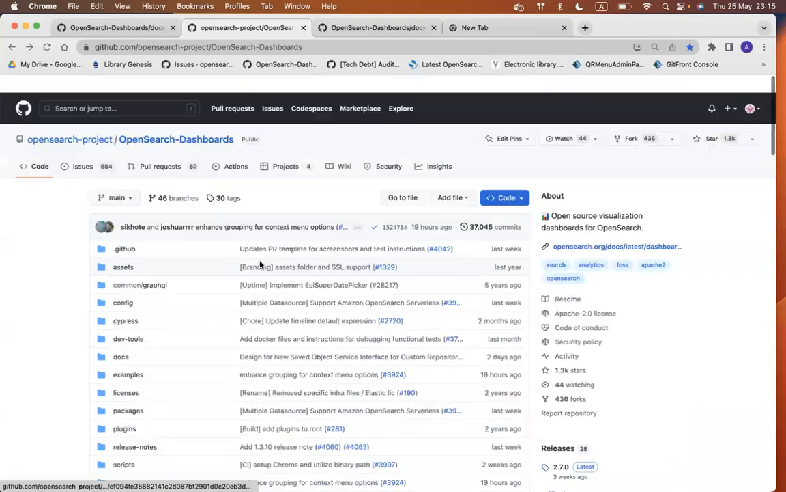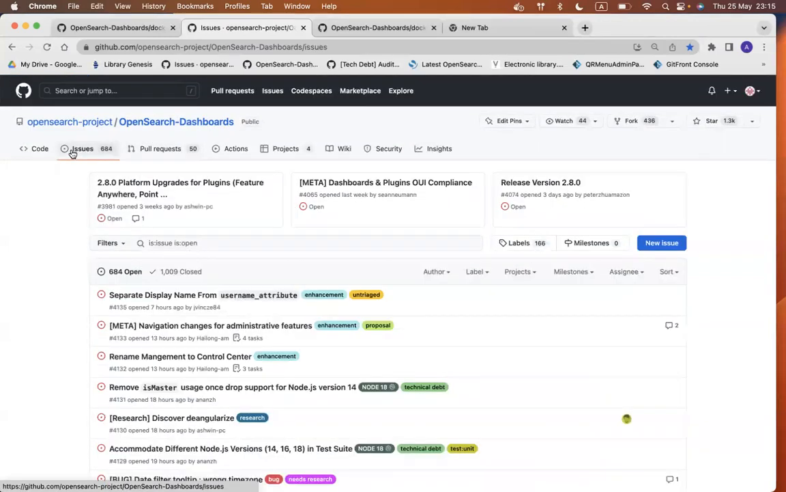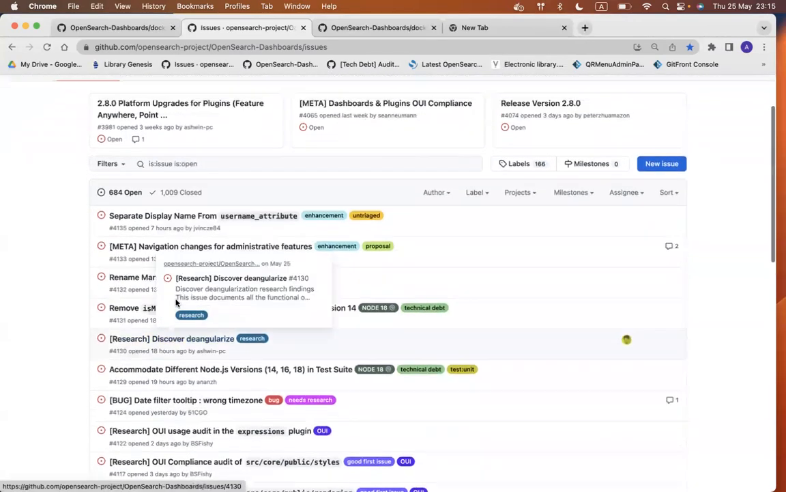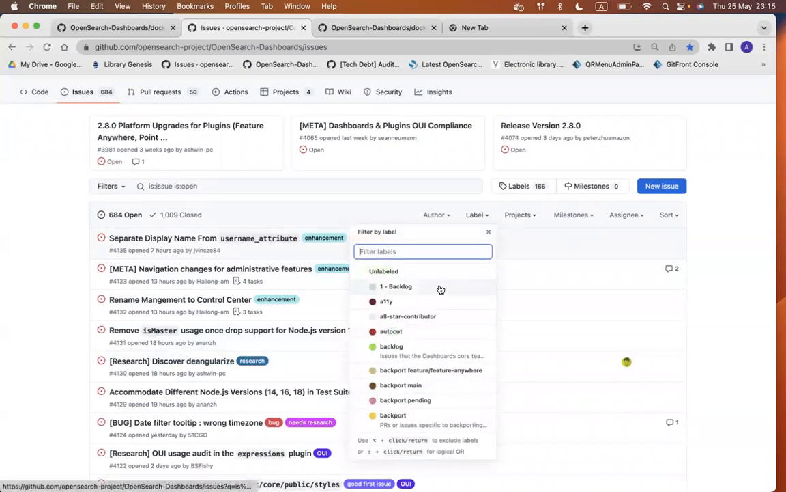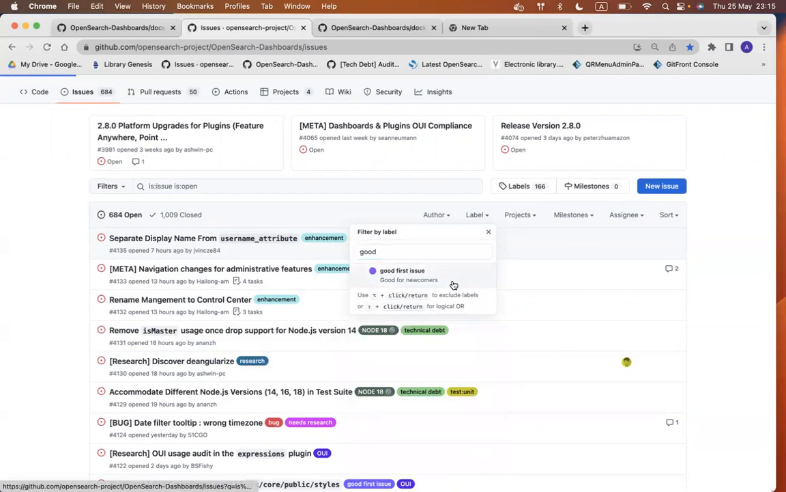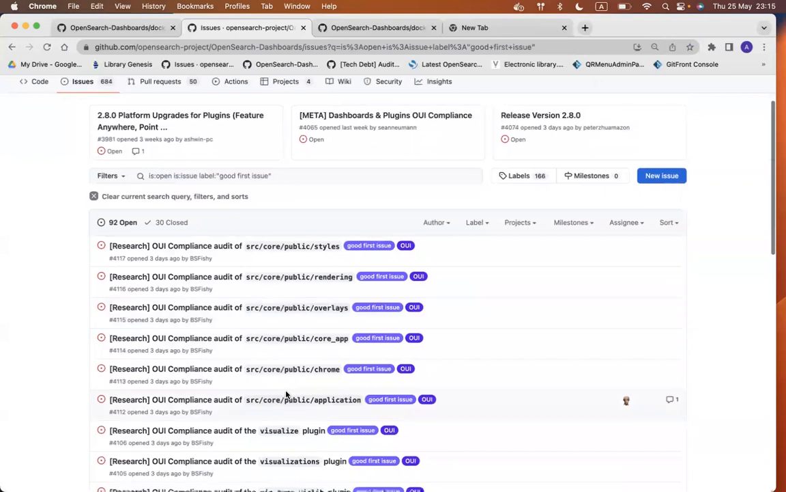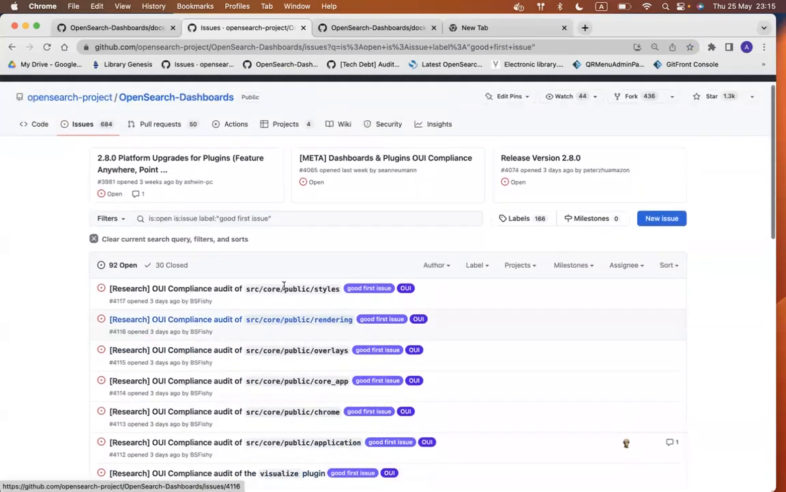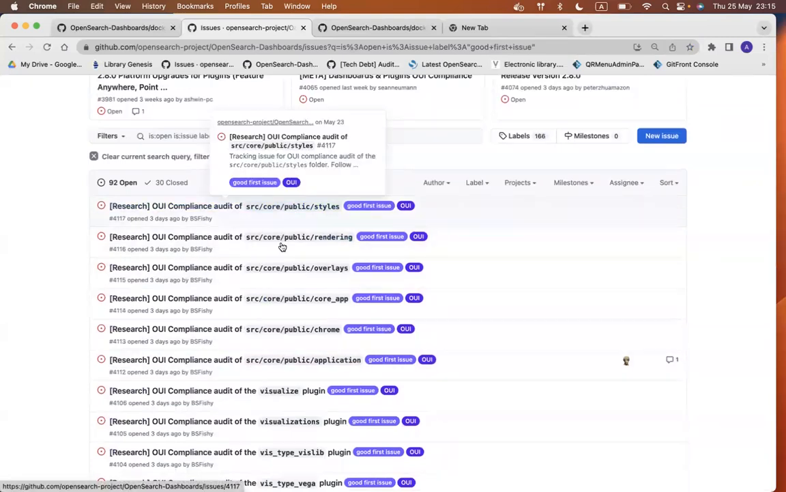I personally choose the issue. For example, here you look at the issues. We have 84 issues open for us. And for newcomers, here we can see labels. If we write good first issue, we can see about 92 good first issues for newcomers. You can choose any of them and start helping